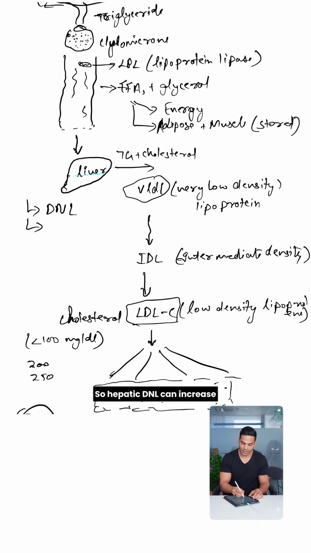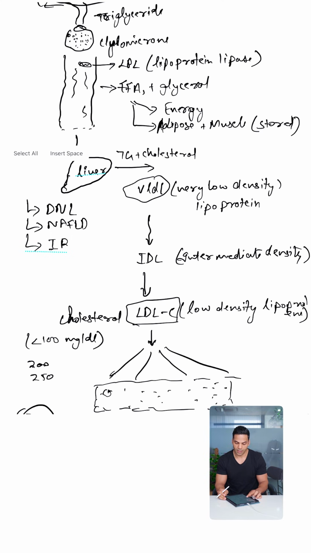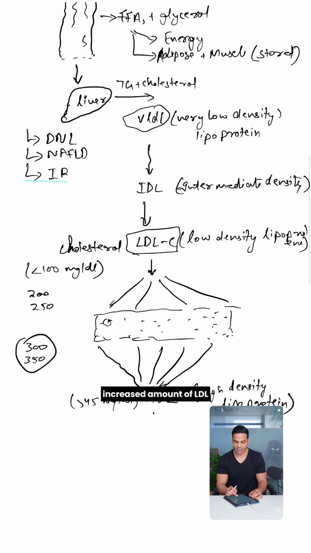So hepatic DNL can increase hepatic triglycerides, and that can increase the number of VLDL and eventually LDL, right? In other cases, if you have, let's say, NAFLD, which is very closely related, and if you have insulin resistance, all of these things can contribute to higher amounts of hepatic triglycerides, which can increase the amount of VLDL and eventually lead to an increased amount of LDL particles as well as